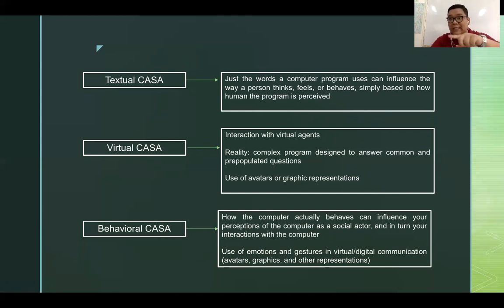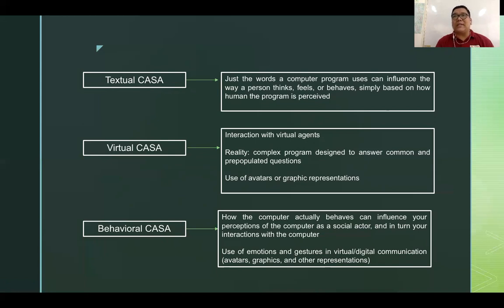Okay? Now, if we contrast this one with virtual CASA, we even experience interaction with virtual agents. Okay? However, the reality is that we're not actually interacting with people. For example, when there are avatars in front of us or on the screen, or when there are people with audio telling us what to do next or instructing us what will happen next, we're not actually interacting with people unless we are sure that we are communicating with an actual person if we see it on the video or on camera. Otherwise, we are just talking with virtual agents.